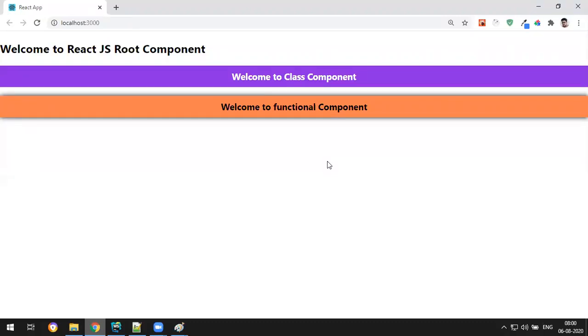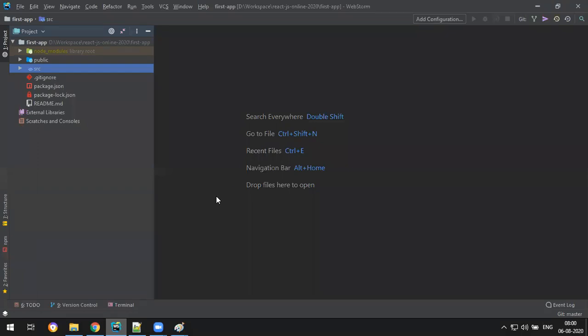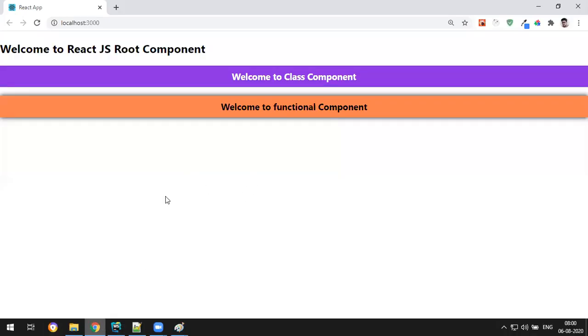We are using ES6. Why you export default? Because I want to use that in some other file, just like the JavaScript modules concept. Okay, fine. Wait. You will be having a lot of questions. I know. I will explain one after the other.